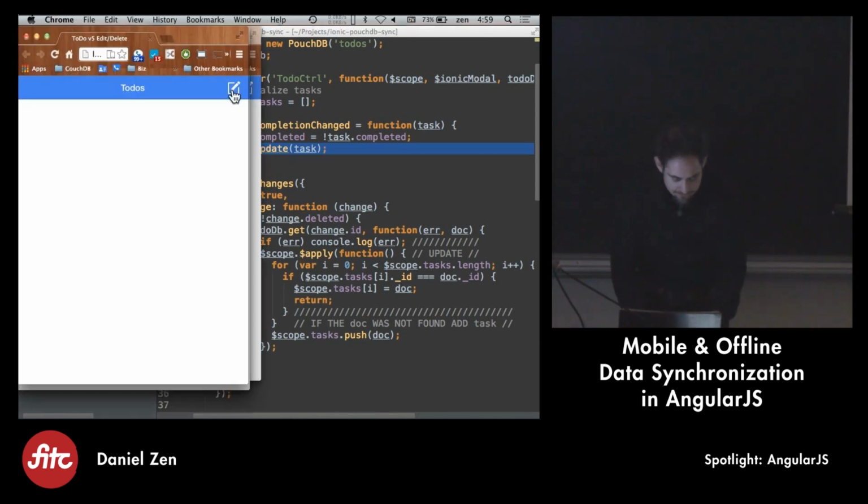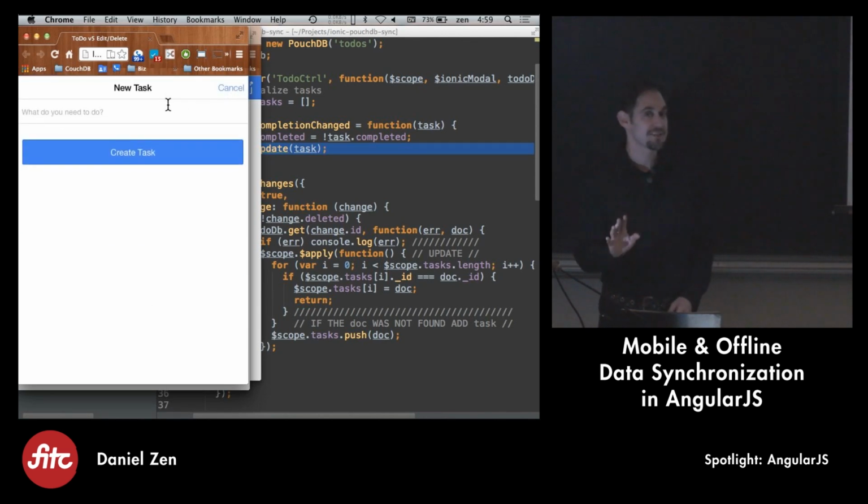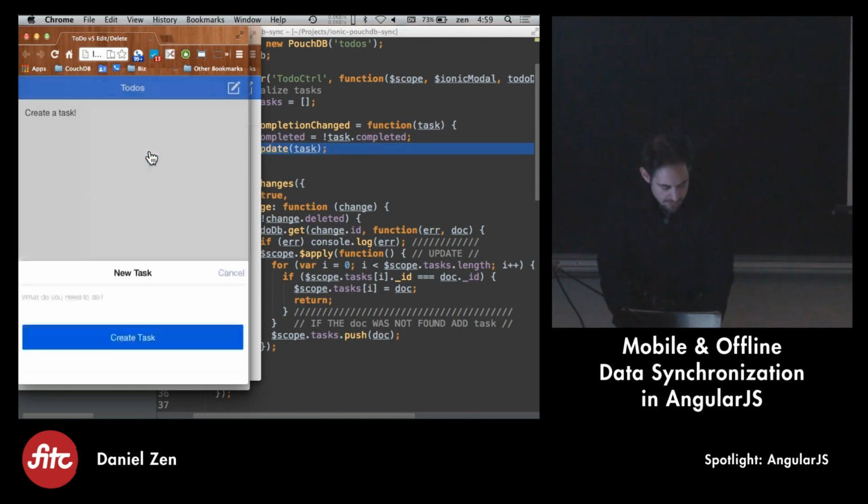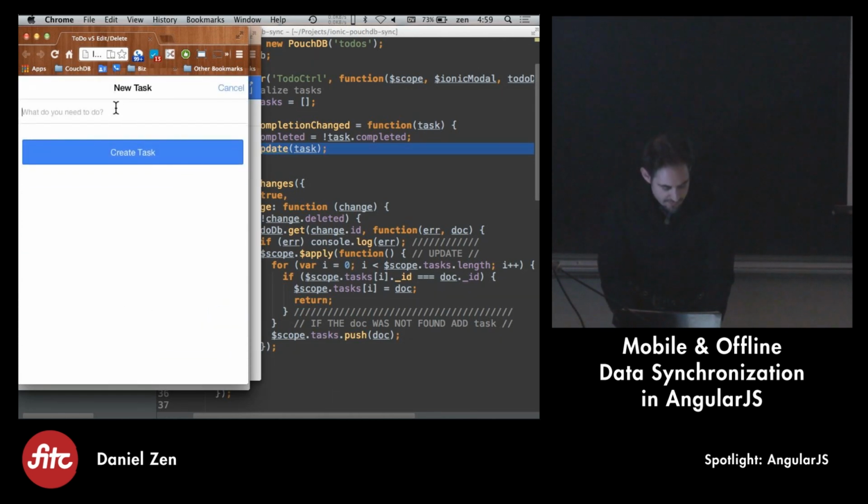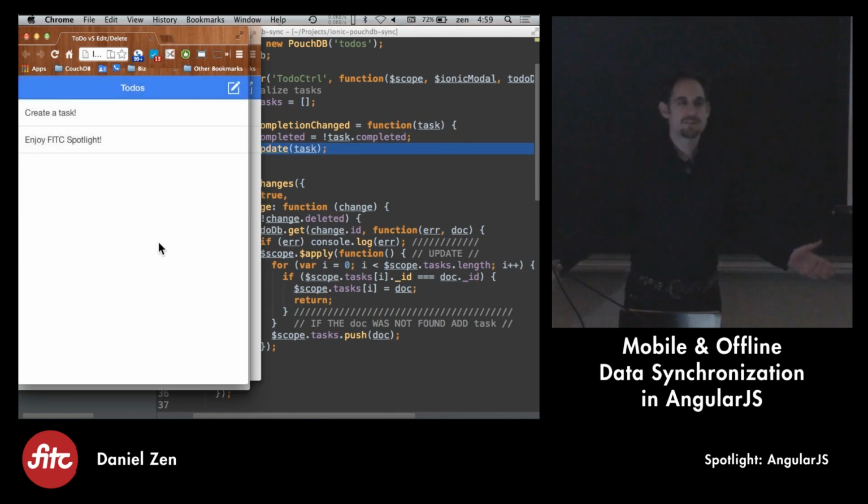So now let's take a look at the app in action. You're not going to see much changes here except for one major one. So I'm going to create a task, and let's create another task. So what's the difference? There's only one major difference. When I hit refresh,